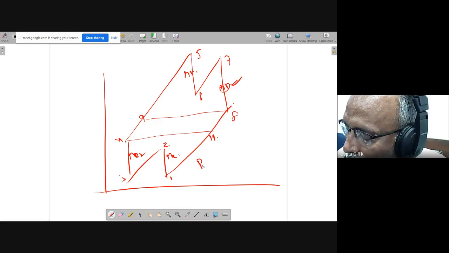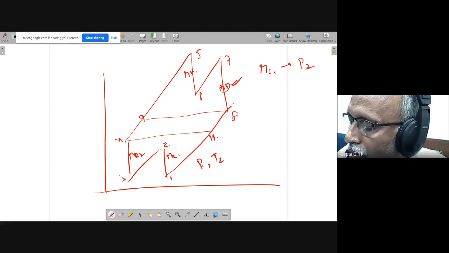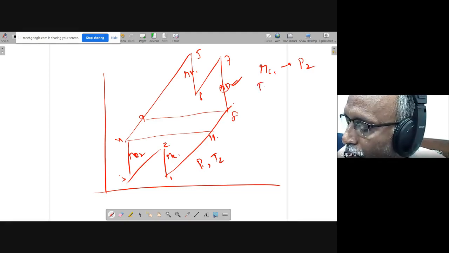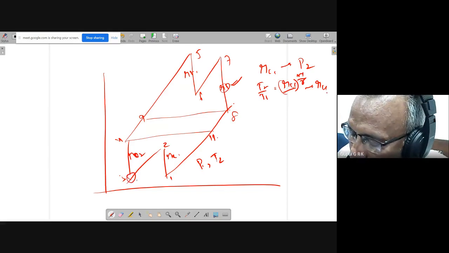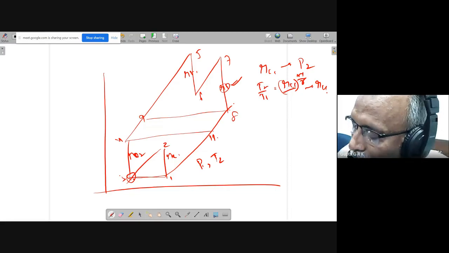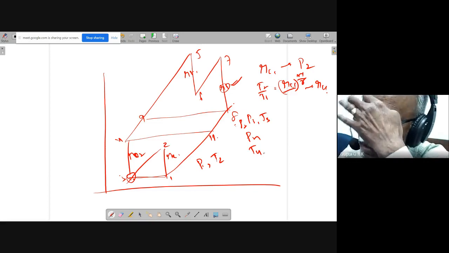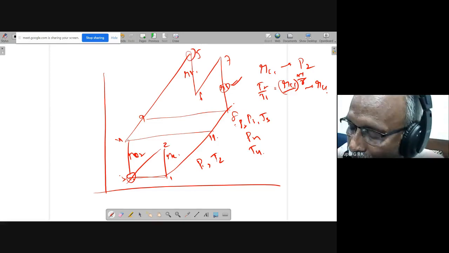And so P1, T1 will be given to you. RC1 gives you P2, and T2 by T1 gives RC1 to the power of (gamma minus 1) by gamma. If it is perfect intercooling, these two are the same, so you can know T3 and P3. P2 is equal to P3, and T3 will be given to you. Again, knowing this pressure ratio, I can find P4, and the pressure ratio gives the temperature ratio, and T4 can be obtained. T5 will be given to you, and P4 is equal to P5.